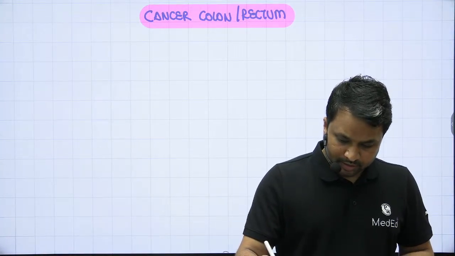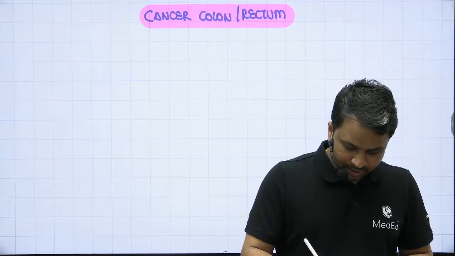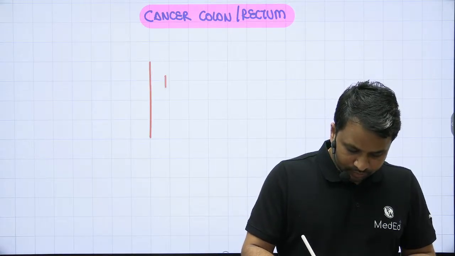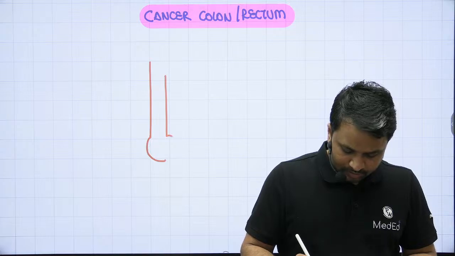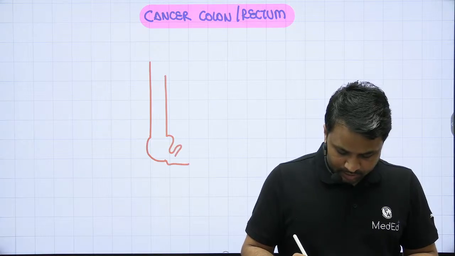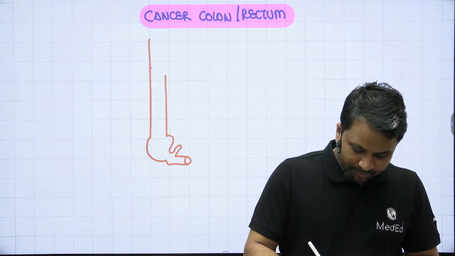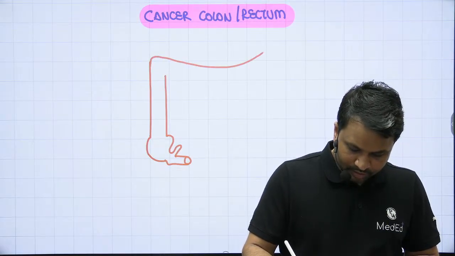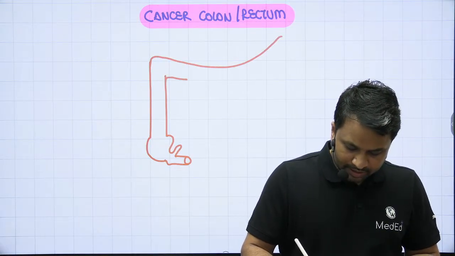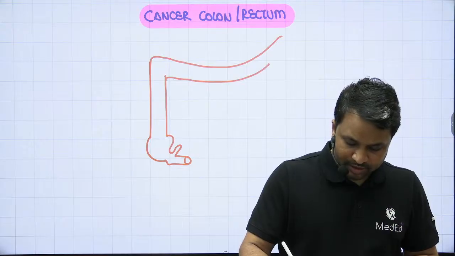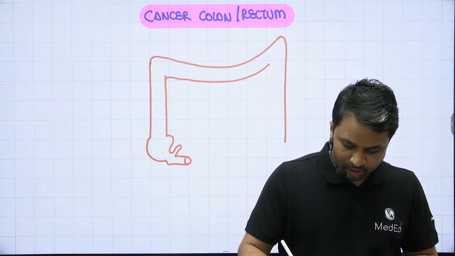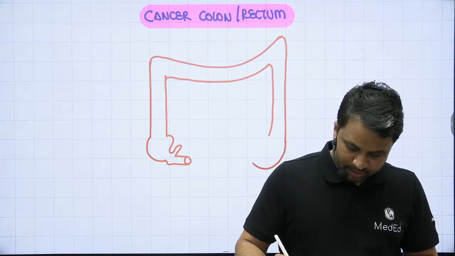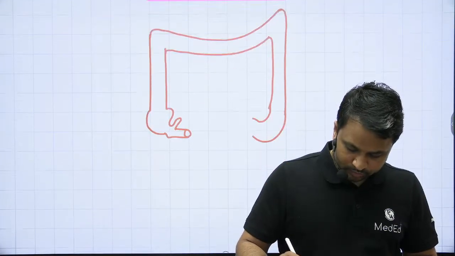Now, if you take this as the representation of the ascending colon, let's say this happens to be the cecum, this is the appendix, this is the terminal ileum. This is the hepatic flexure. This is the transverse colon, this is the splenic flexure. See, anatomically my drawings will be very precise. You will see the splenic flexure is at a higher level when compared to the hepatic flexure. This is the descending colon. This happens to be the sigmoid colon.